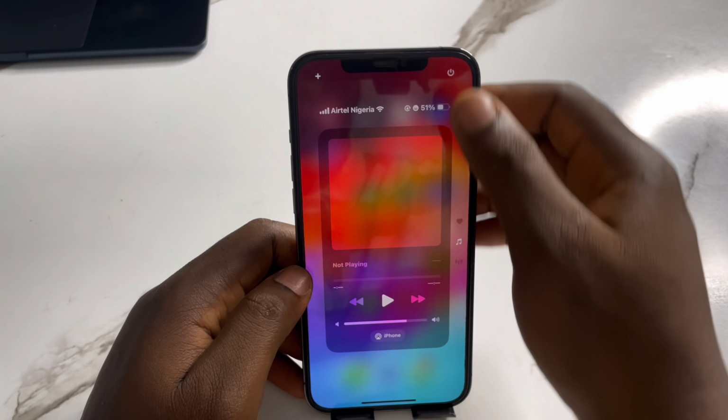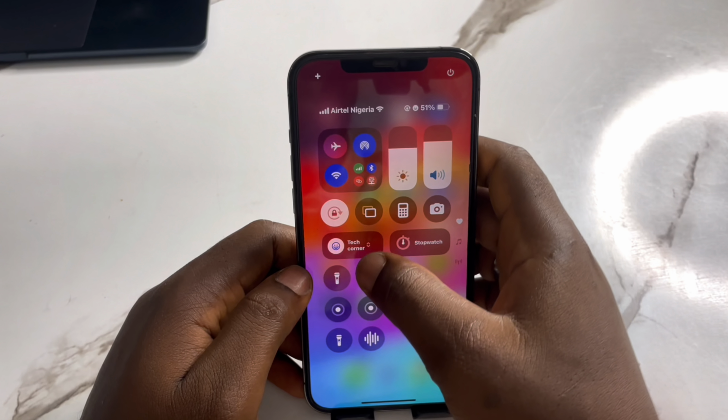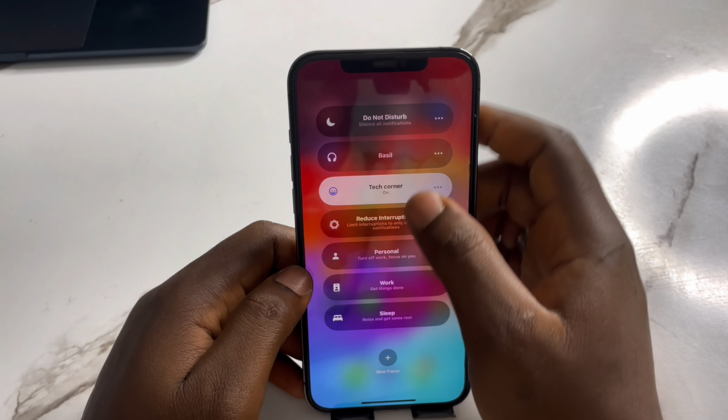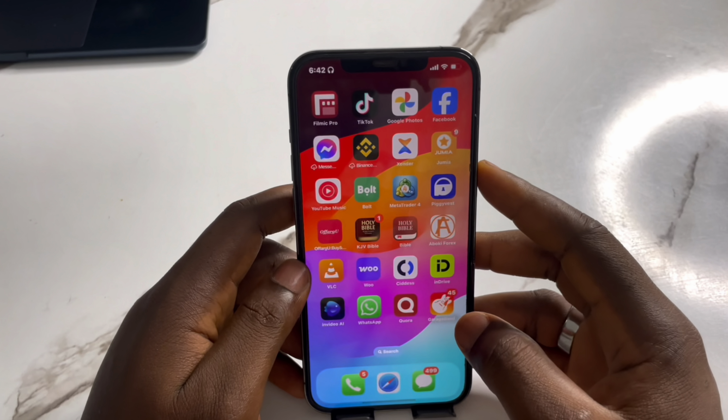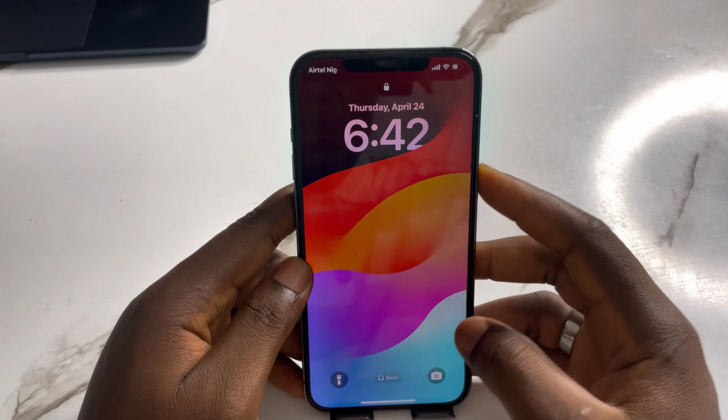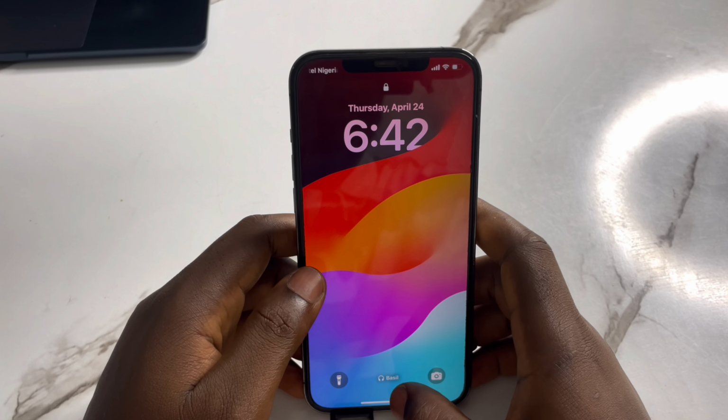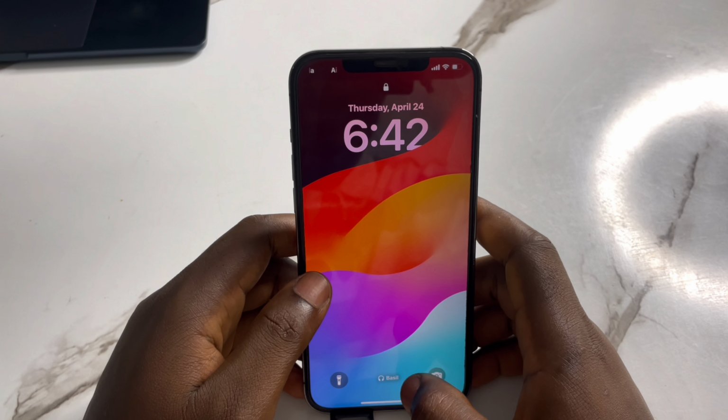Come back and bring down your control center. Hold on this. Select it. It's turned on. Then lock your screen and see if it works. Now you can see you now have Basi below here. So this is how to add your name on your